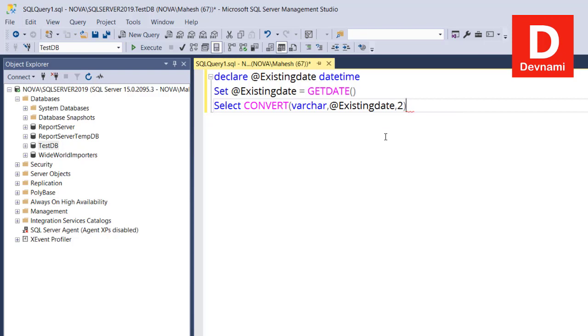This one, the second, is for ANSI format. So we use as, and then within square brackets we use YY.MM.DD, right? Okay, now I'm simply going to run this query by clicking on execute,